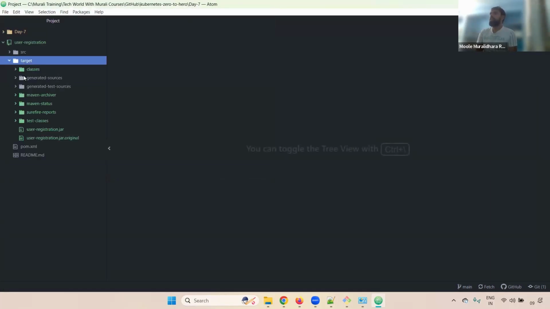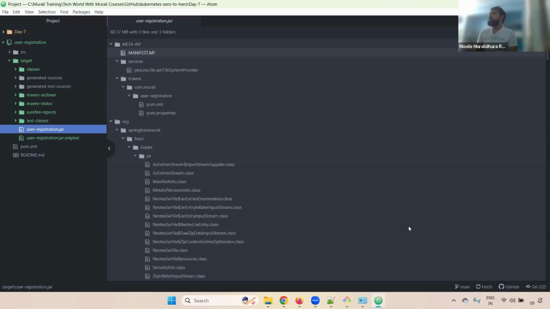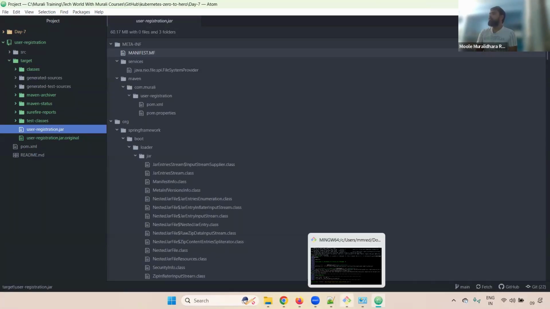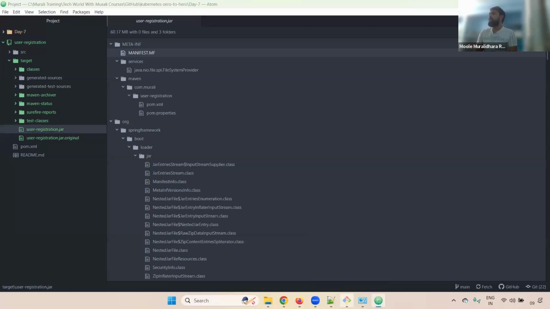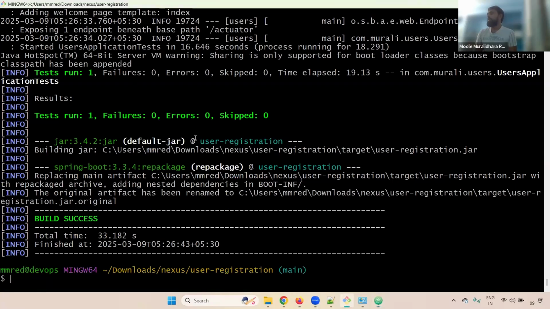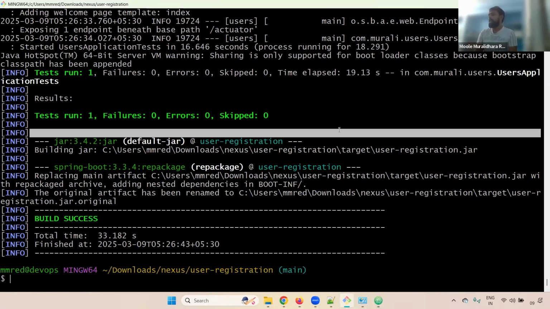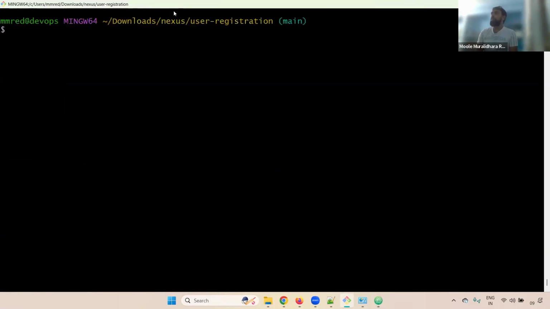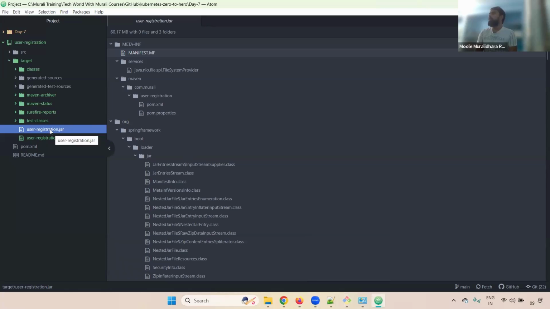it has generated the target directory. It has generated the jar file as well. If you see here, this is our jar file. When we do MVN package, it will generate the package. Okay, understand, right? Now we need to push whatever jar or war file was generated,